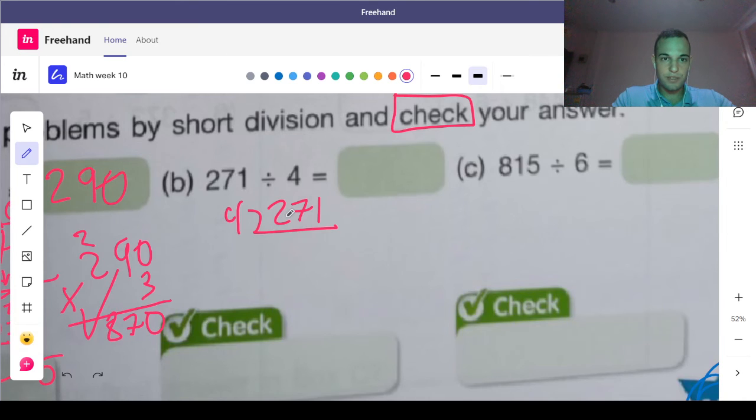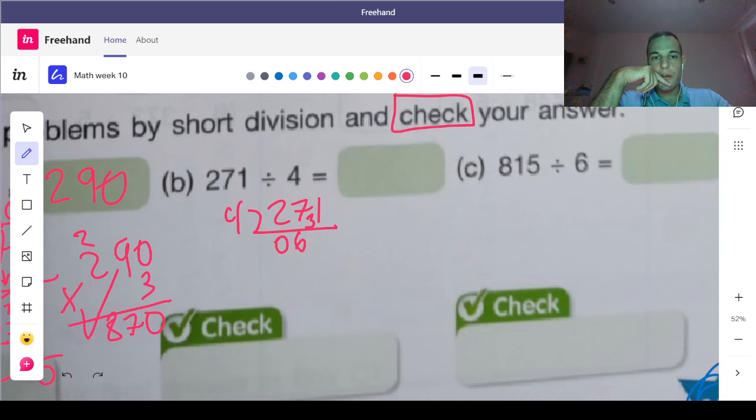So let's try it the short division way first. 24 minus, so of course 4 doesn't go into 2, so we'll put a 0 here. 4 goes into 27 6 times, so we'll put a 6 here and a 3 here, because 27 minus 24 is 3. 4 doesn't go into 1, doesn't go into 3, so we have to do 4 goes into 31. How many times? 4 goes into 31. Is it